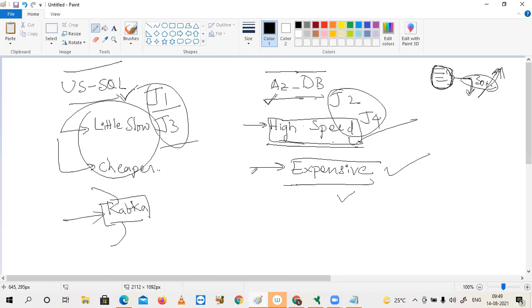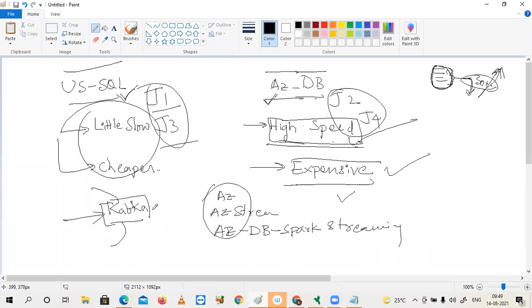Now we want to perform micro batches using Azure. If it is Azure, you have two solutions. Under Azure, there is Databricks, and under Databricks you have Spark streaming.